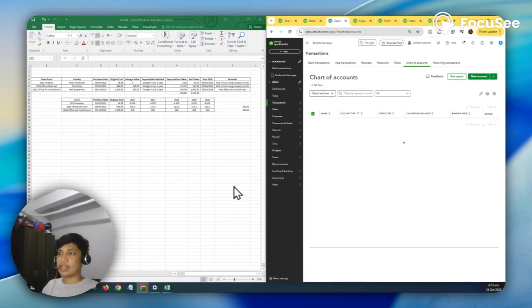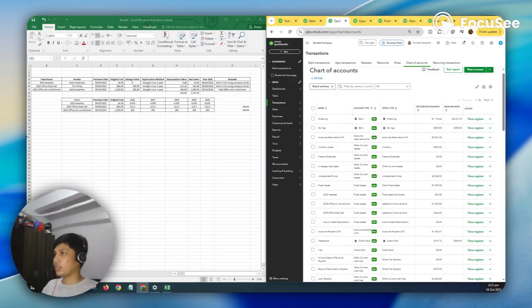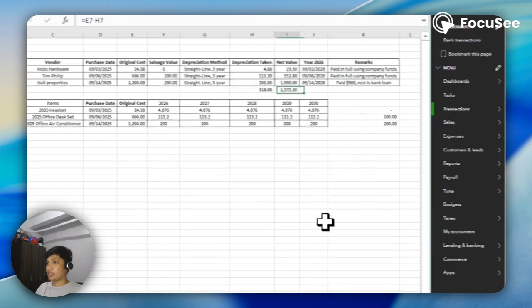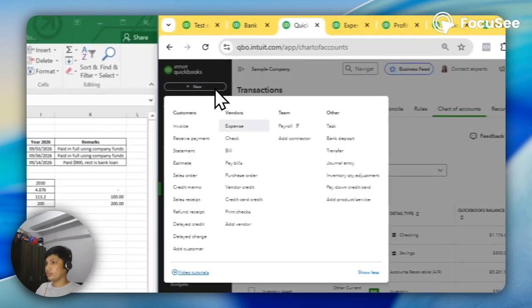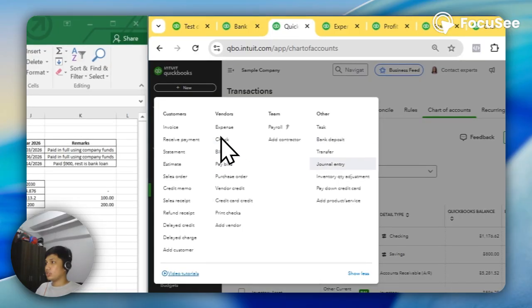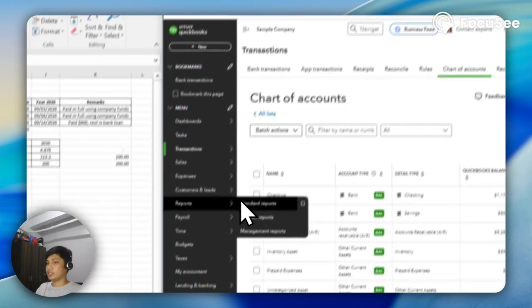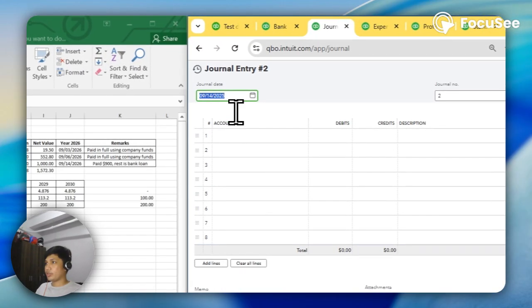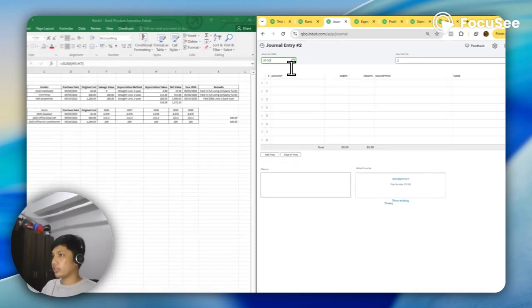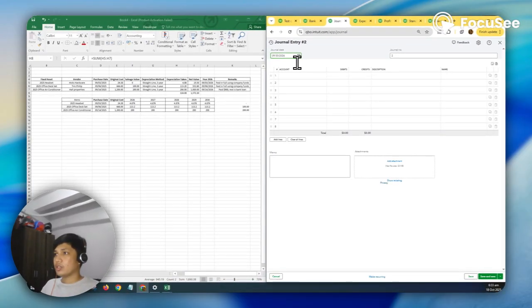Now we have added the accumulated depreciation account. I'm going to make a journal entry for this. I'm going to change the date to 09/30/2026.